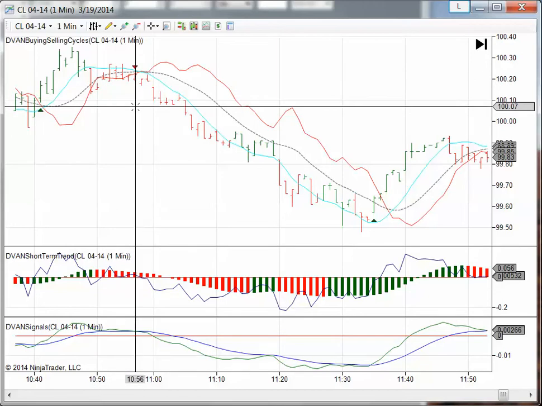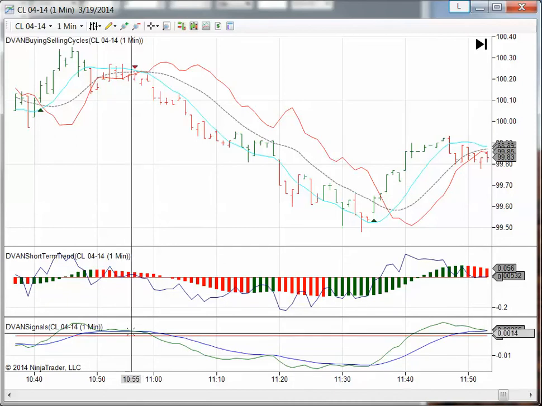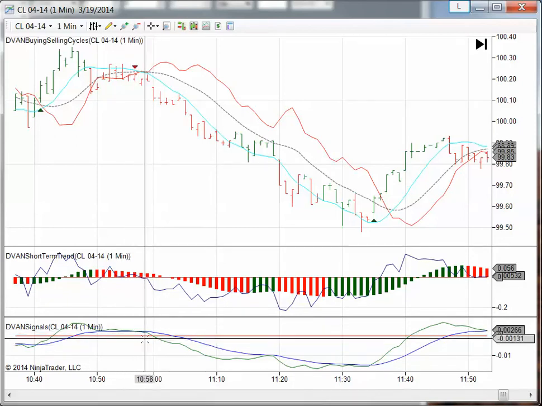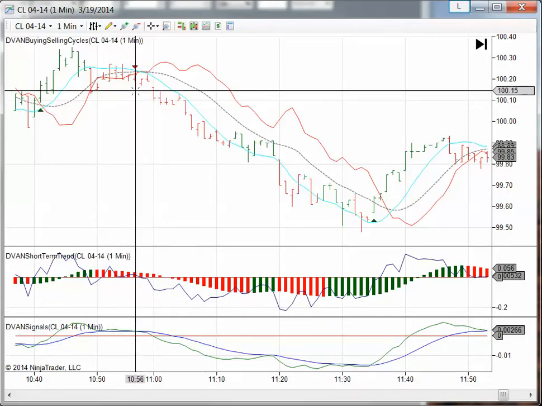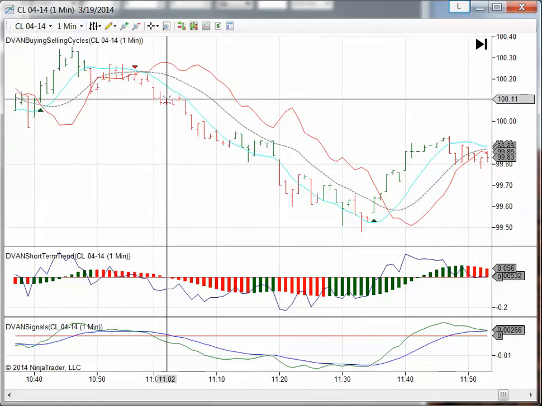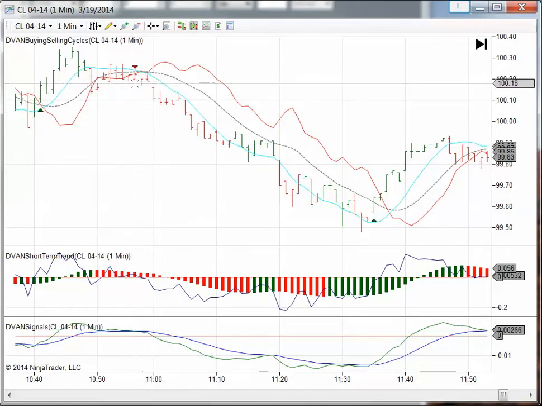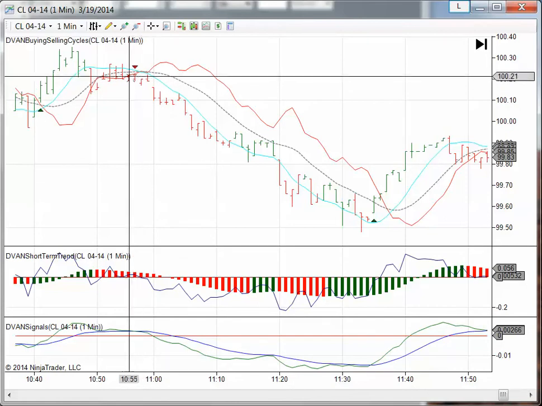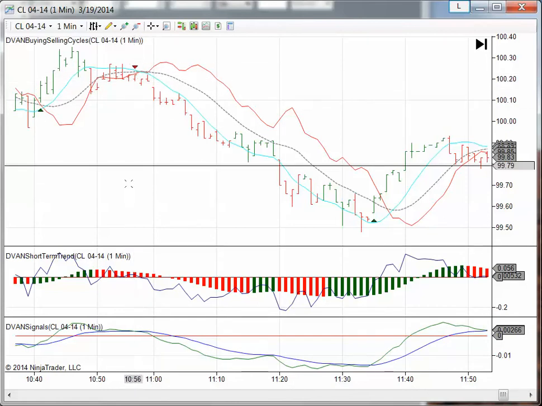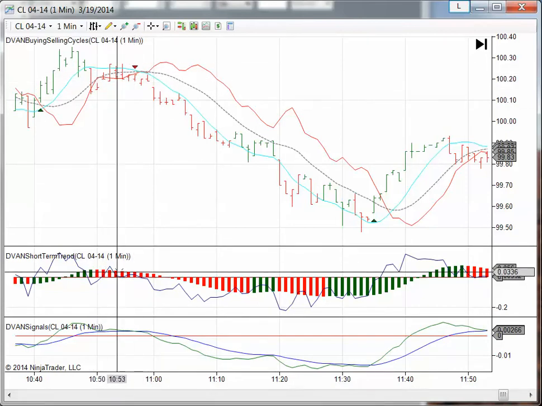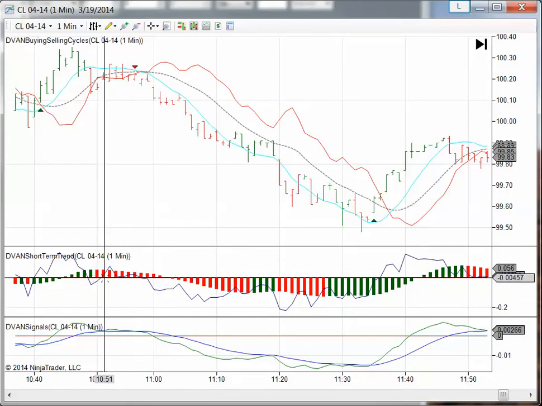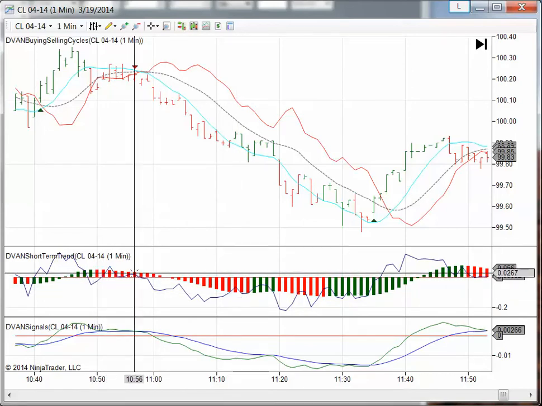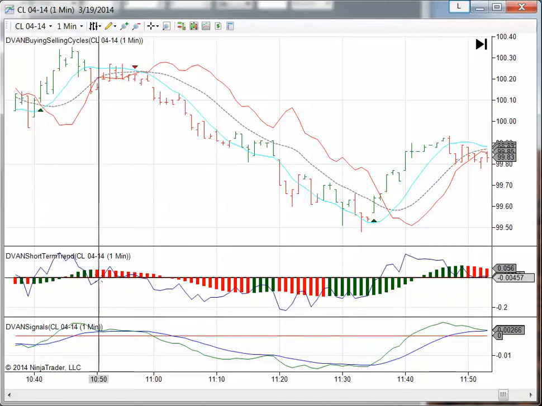We see the red arrow coinciding with the DVAN signals velocity indicator that was given below. Red price bars signal selling pressure dominance. We see the price below the pivot, meaning the trend is down. We're into a convergence of the three lines in the buying selling cycles. And we also see short-term trend is giving an indication of weakness. It had been since 10:50. The sell signal is actually given at 10:56, so there's 5 or 6 minutes of warning before the sell signal